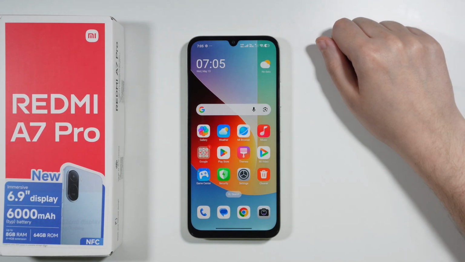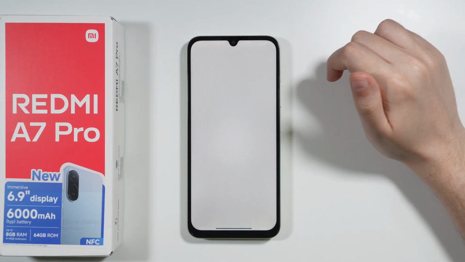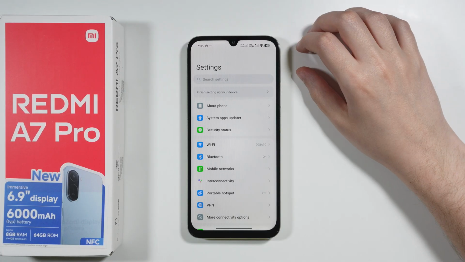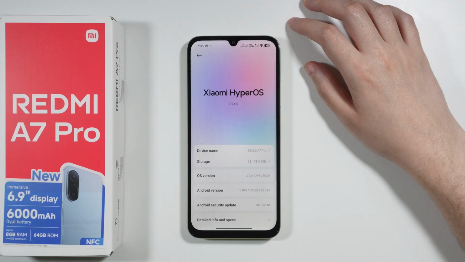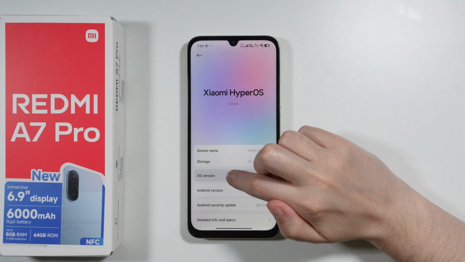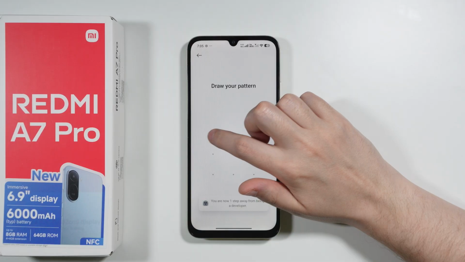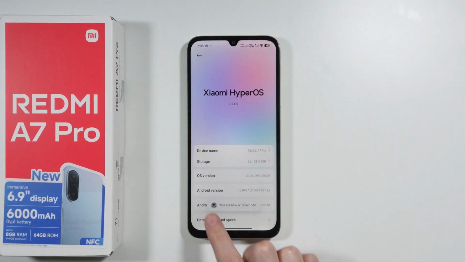To enable USB debugging on the Redmi A7 Pro, first of all, we can open Settings. Now, over here in Settings, we want to go to About Phone because we need to activate developer options. We want to keep tapping on the OS version option over here until you need to enter the screen lock password. So once you enter your screen lock password, you should be able to see this information that you are